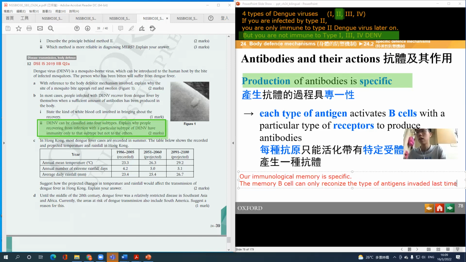Okay. So next time, when other dengue virus subtypes invade our body,